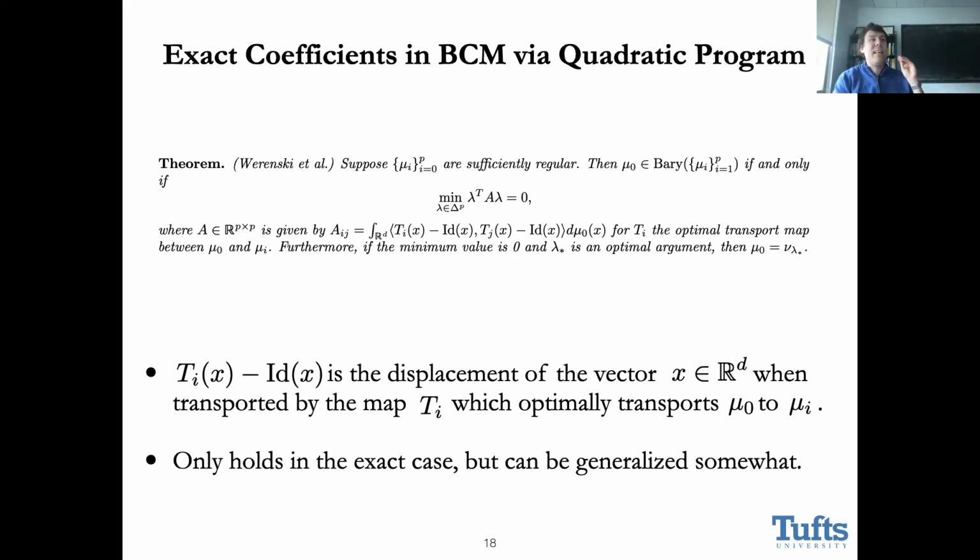But what we're going to see is that we don't really have a way to beat the curse of dimensionality here, because estimating the entries of A, at least the way we did it, is going to require us to estimate the optimal transport maps. And this is one of these hard problems that one would not expect to be able to beat the curse of dimensionality for generically. So that's a good thing, a bad thing.